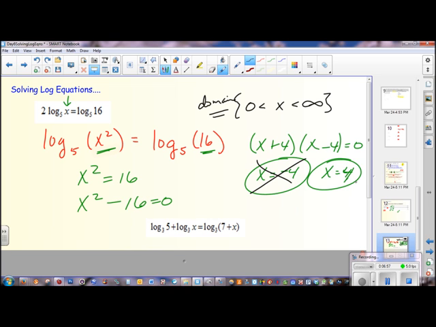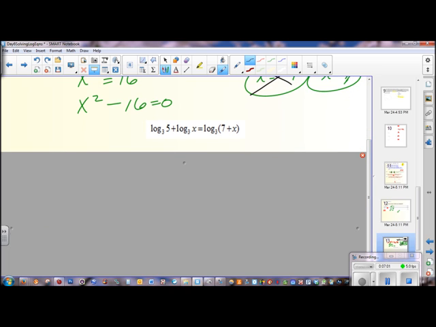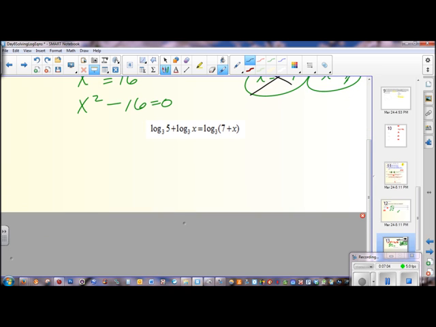Second example, and now we've got 2 logs on the left. If we have 2 logs on the left, we could combine them, or contract them, into one single log. Be careful when you do this. Make sure that your bases are the same. Remember, those laws of expansion and contraction are all about keeping the same base on both sides. So let's begin